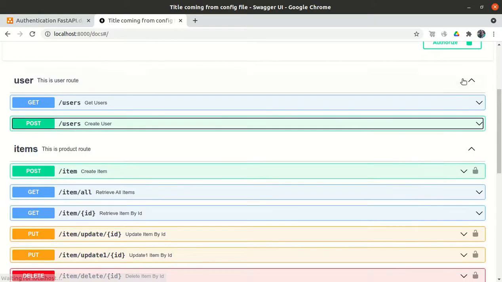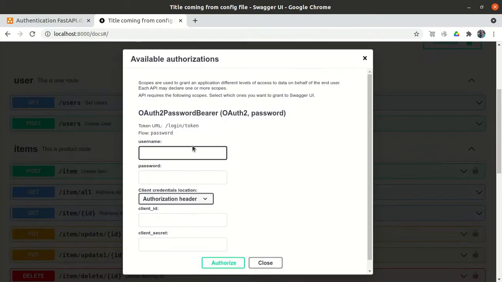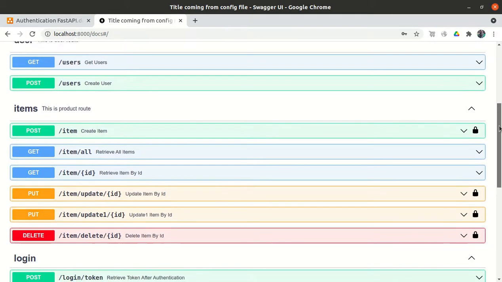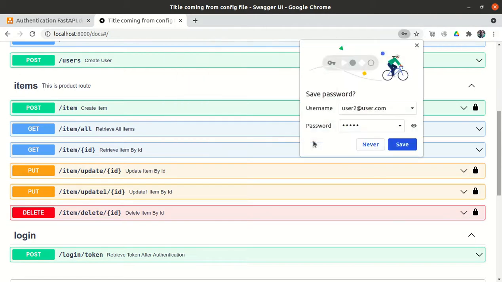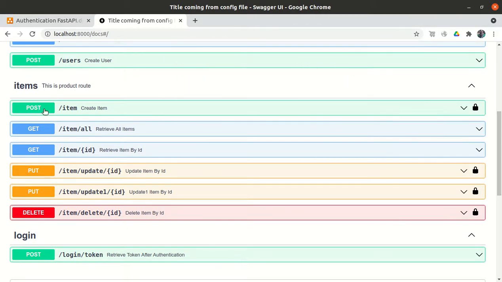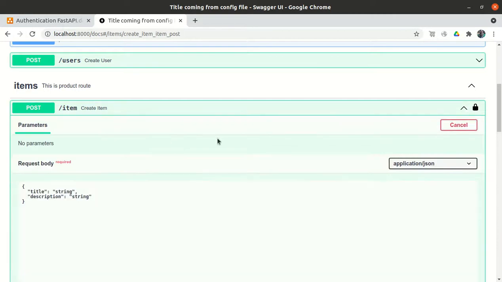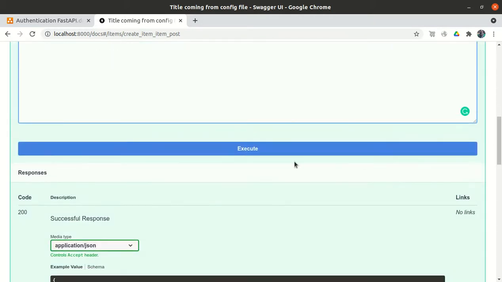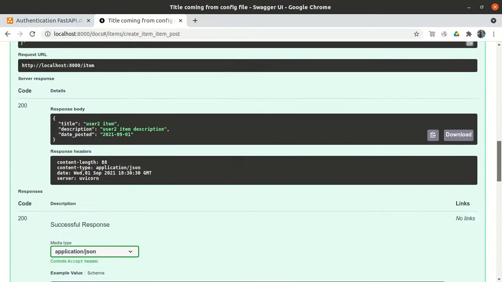Now try to log in with first user2 at user.com, user2. So I am authorized, I am authenticated. Now let me first create an item, user2 item, description, and it's inserted.